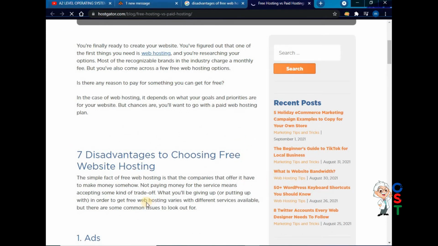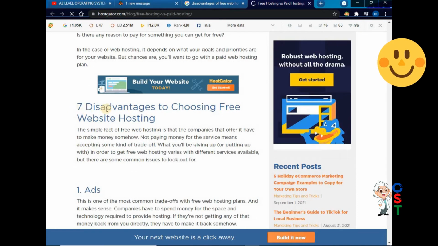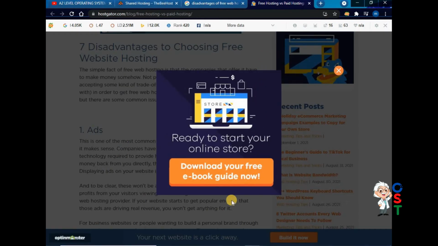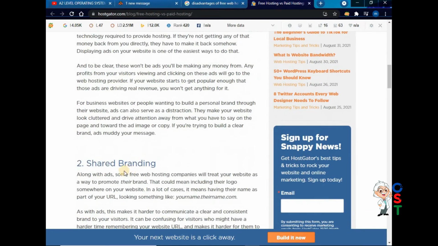Just see some pros and cons of free web hosting. 7 disadvantages to choosing free web hosting. Number 1 is ads, because for the area where you are keeping your website, you are not paying, so they will earn by putting some ads on your website, and you won't be able to do anything.